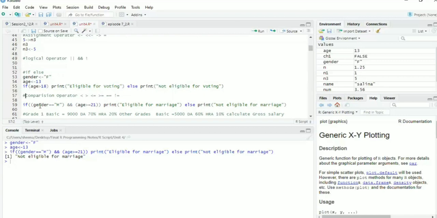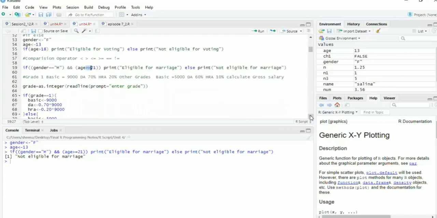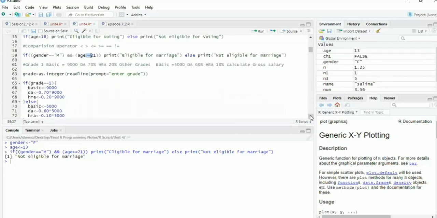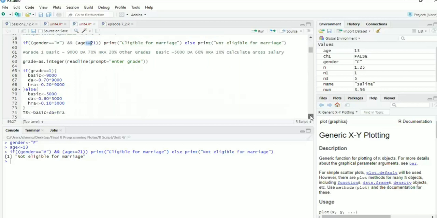So here I want to compare gender equals to male, so I will use double equals to. Here I want to say age is greater than equals to 21. If both conditions are true, print this. So this way we can use a single-line if else statement. Now if in the true case I want to execute many more statements, and in the false case I also want to execute a block of statements, at that time I will use the format in this way.